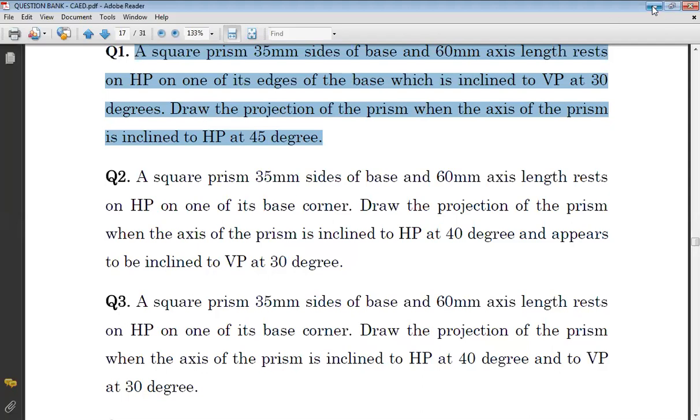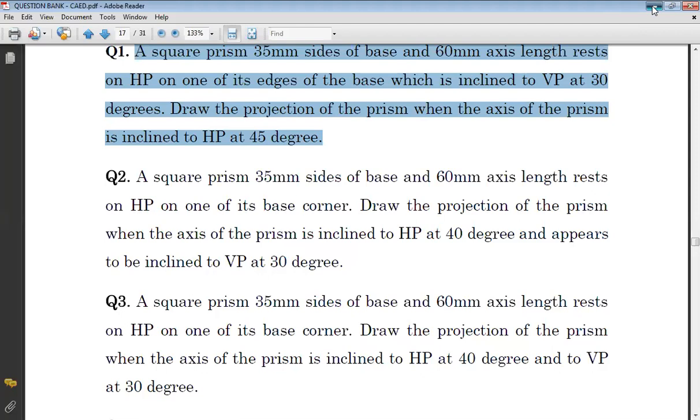I'll show you that in the hexagonal prism. So hexagonal prism, 25 mm sides of base, 50 mm axis length, resting on one of the edges of the base, which is inclined to VP at 30 degrees. So edge of the base inclined to VP at 30 degrees, how will it come? I'll show you. Just observe this. This 30 degrees I've already done.